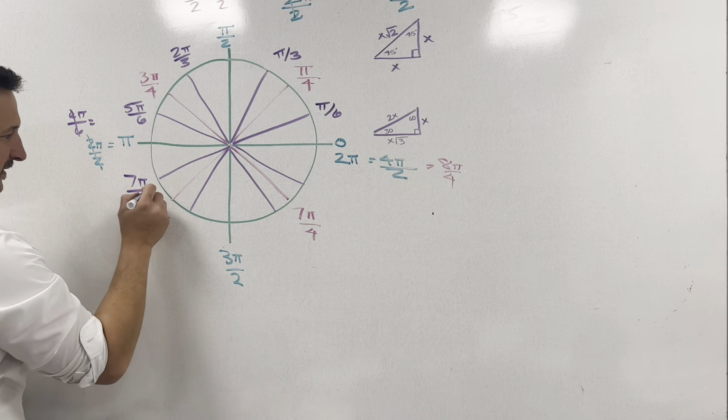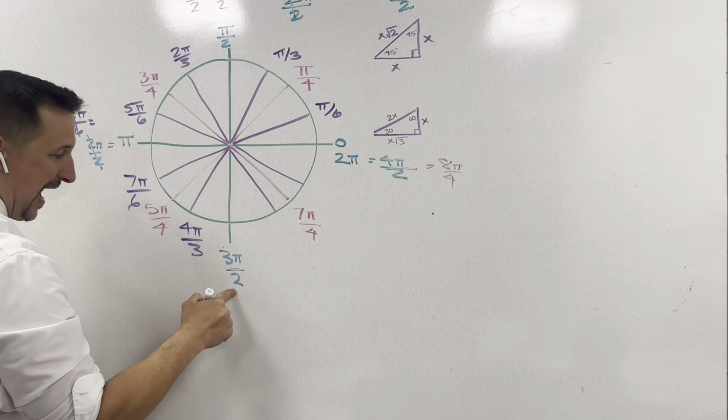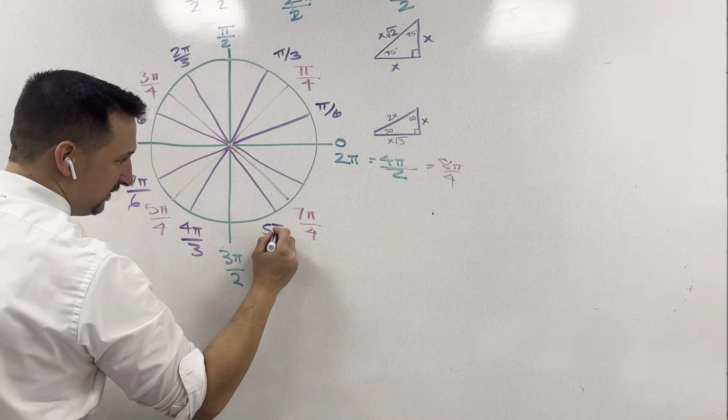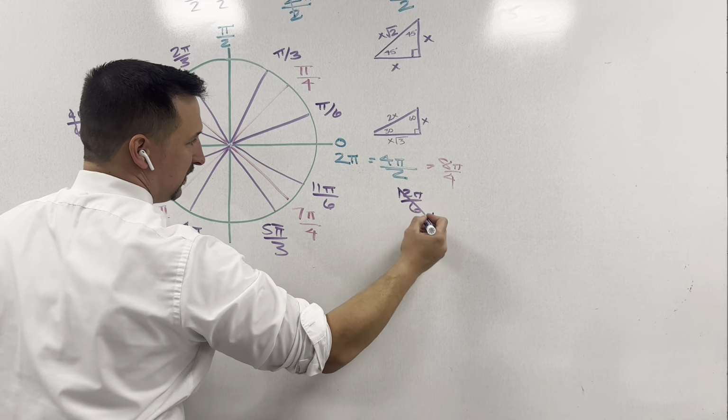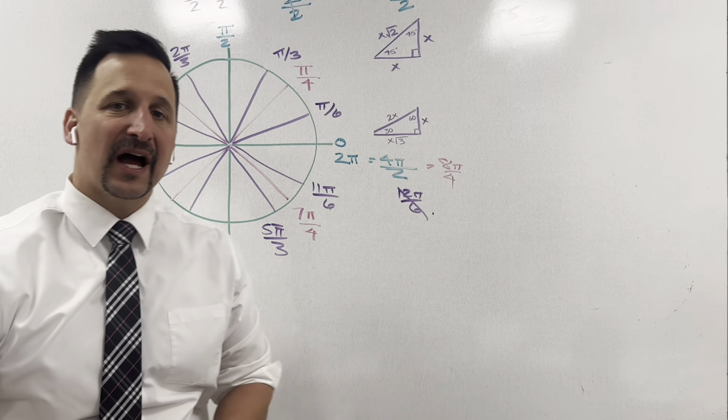This is 7 pi over 6, 8 pi over 6, 9 pi over 6, 10 pi over 6, 11 pi over 6, and then 12 pi over 6. Again, which is just 2 pi. So that is how we do our